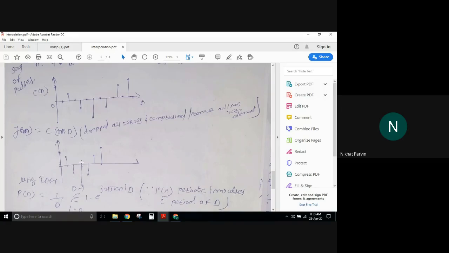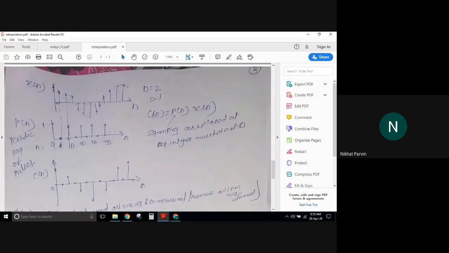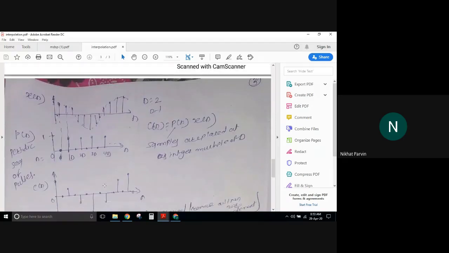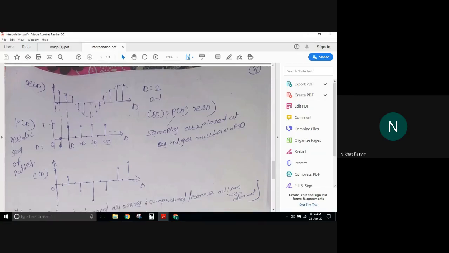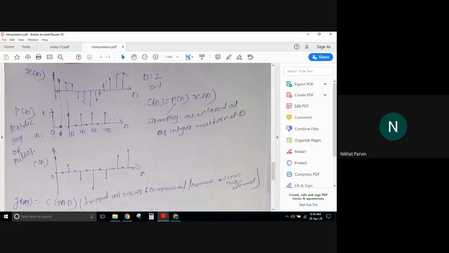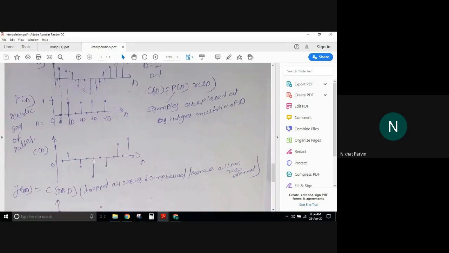If I take only those non-zero elements, my spectrum will be something like this. This is the graphical representation when you take the input signal, drop the samples, do this process and obtain the samples. You can see they are all zeros and non-zero elements. Now remove all the zero elements and take out the non-zero elements, and we get something like this. Now p of n and x of n are our area of interest, right?